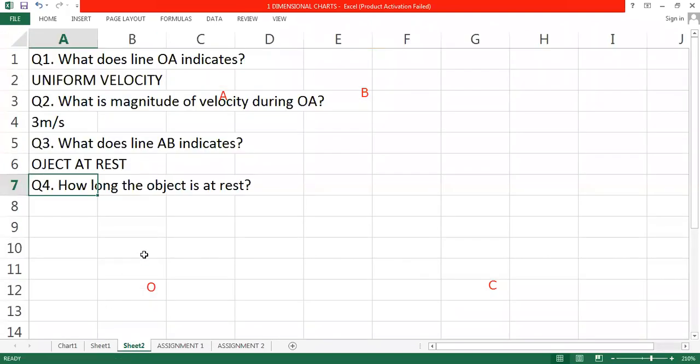Now tell me, how long is the object at rest? How long means I am talking about time. Very good, Sanika. Very good, Yash. Aditya, brilliant. Monish, that's right, beta. Soham. Monish, is it clear why your answer was wrong? Soham, please check it, beta. Please check carefully, Soham. Avni, please check your answer carefully. Very good, Avni and Priyanka as well.